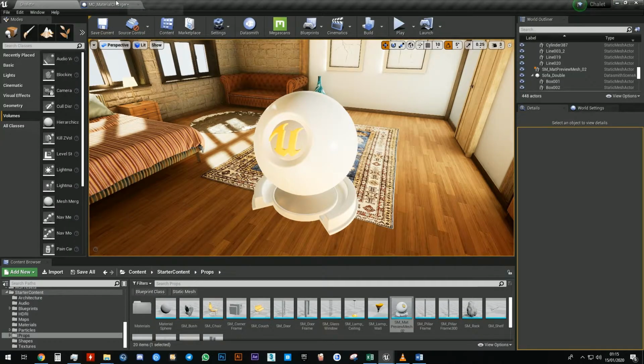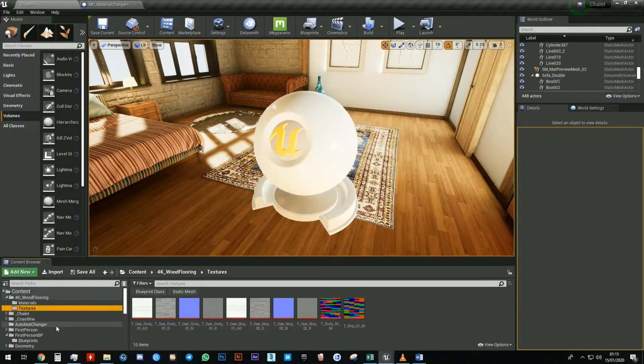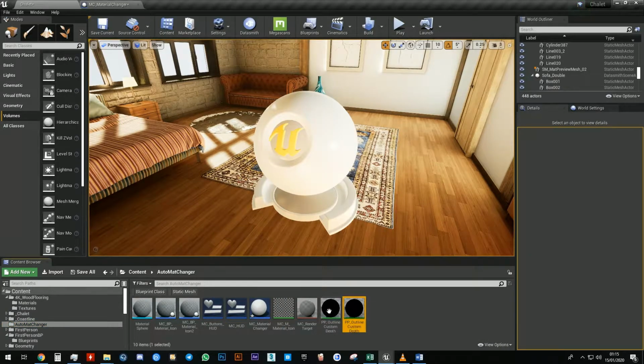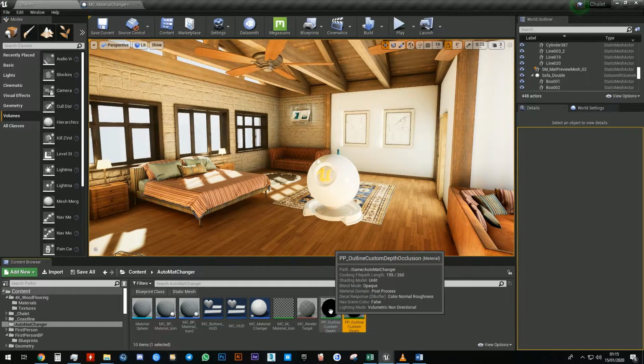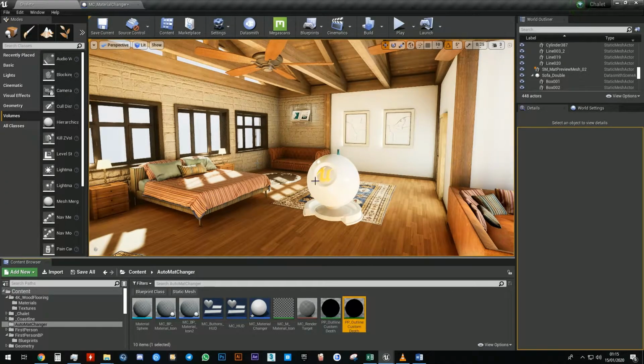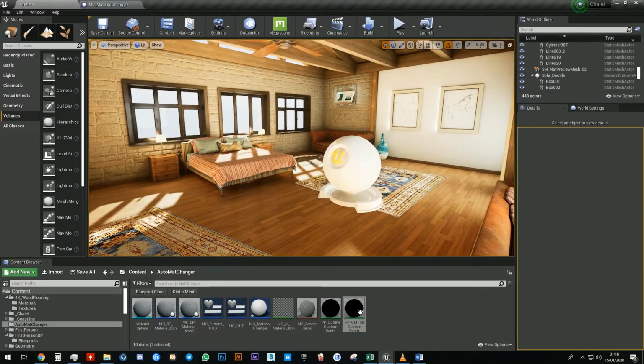Now I would like to go back to what I talked about in regards to show outline and the materials which are not included with what I'm giving you. So you would want to go ahead and purchase this from Tom Luhmann directly. I think he sells it on his website. But again, everything that I just did right now was without these two materials, so the system works fine without them. But in case you did get these and you wanted to use them to have an outline, then